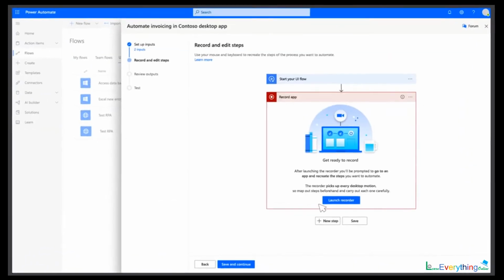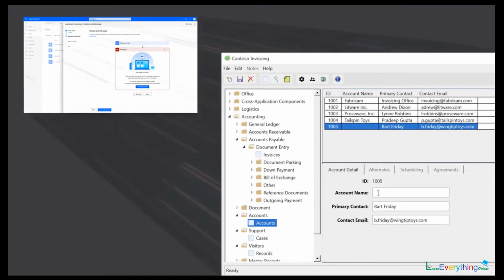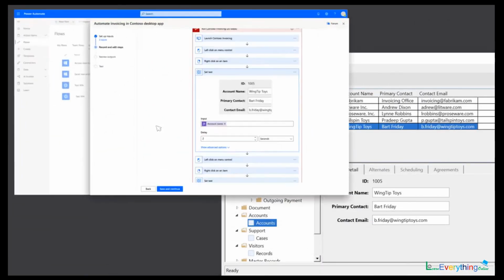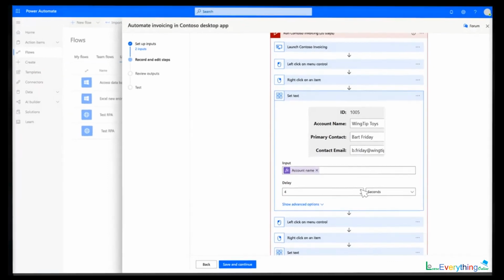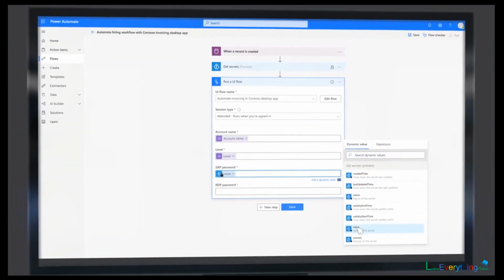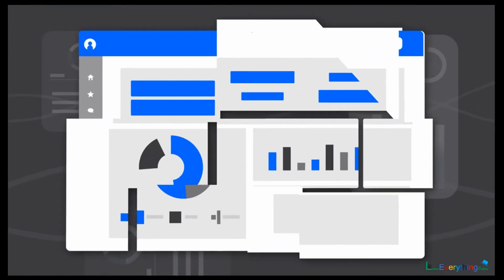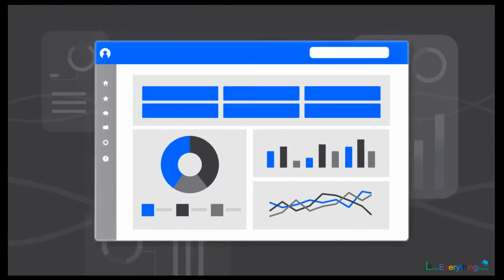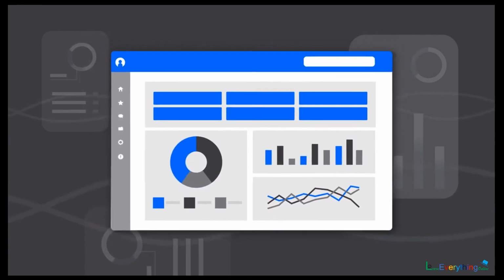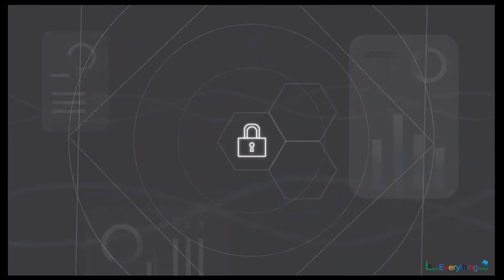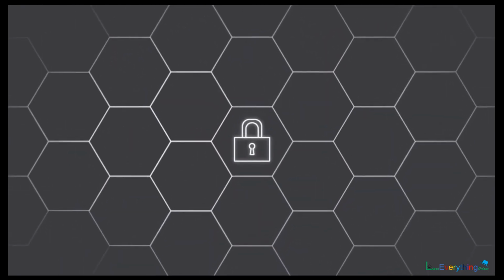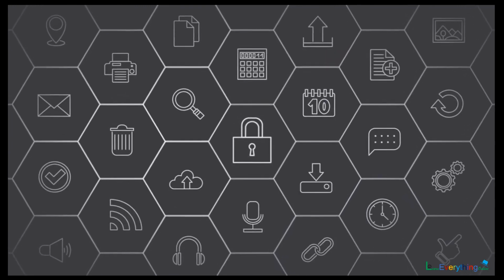With Power Automate, just create a UI flow that automatically records every action you take. Review it, make any edits you want, then add it to an existing flow. Simple as that. And this way you can seamlessly integrate your legacy software across modern applications and services without a big upfront investment. Power Automate lets you securely scale across your whole organization with confidence, from simple tasks to super complex enterprise-wide processes.